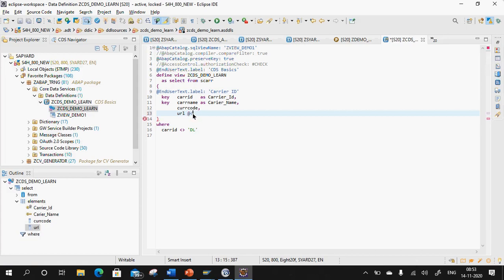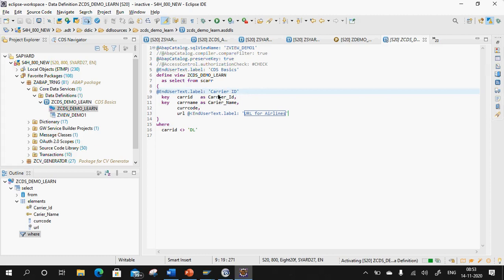In this @, then EndUserText.label, then URL. Suppose I want to specify a URL for airlines.